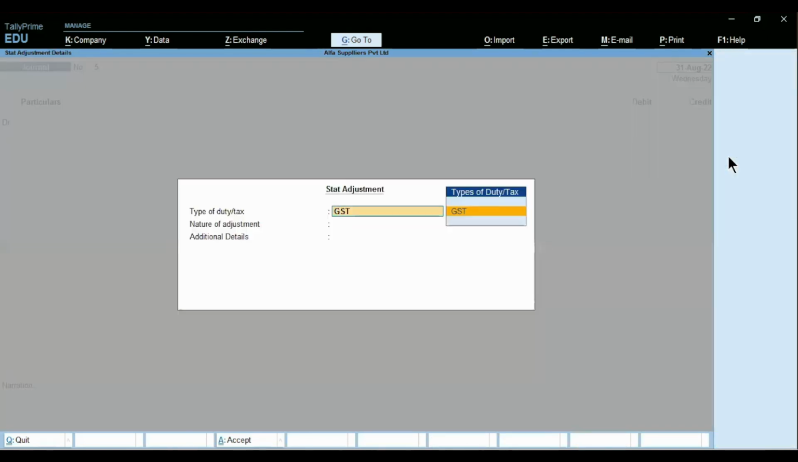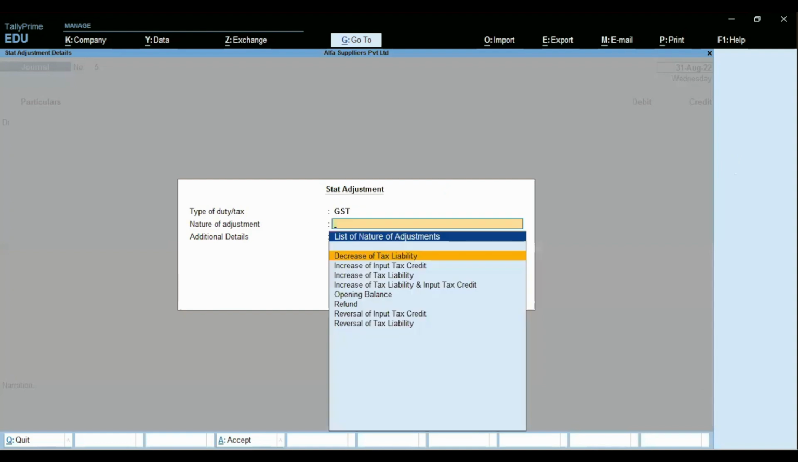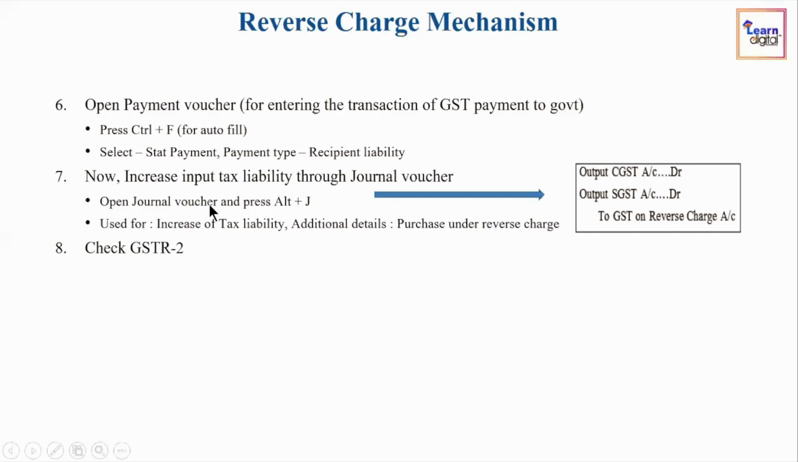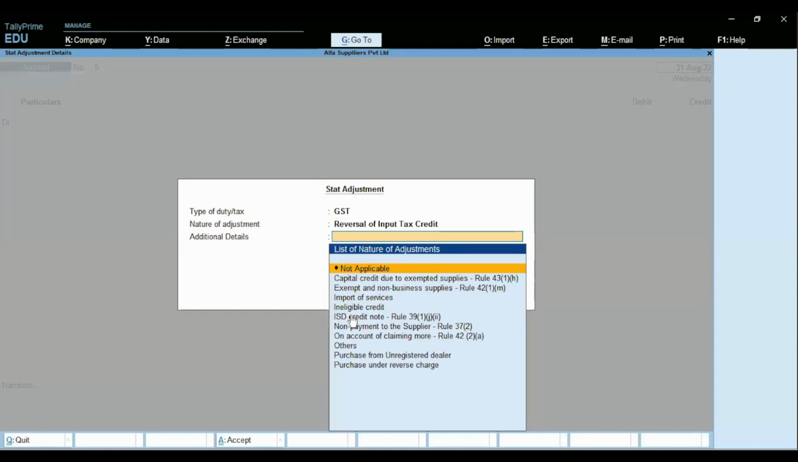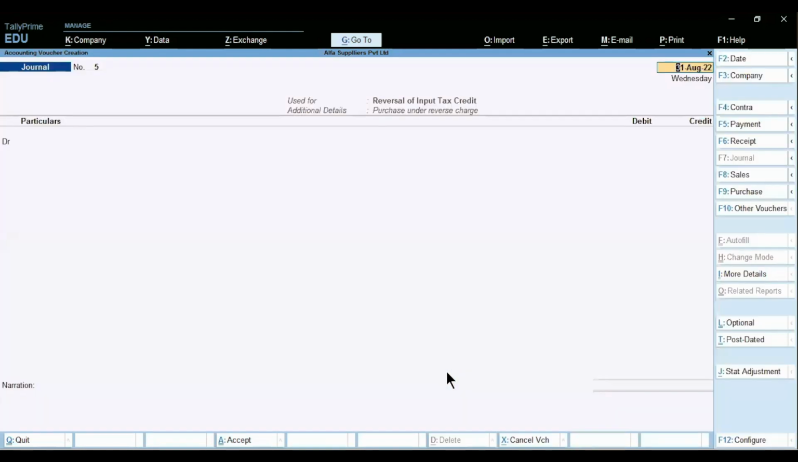This is the type of duty, GST. Open the journal voucher and press Alt J. Now it is used to increase the tax liability on purchase under reverse charge. So the nature of adjustment will be increase of input tax liability, and it is for purchase under reverse charge. This should be added,